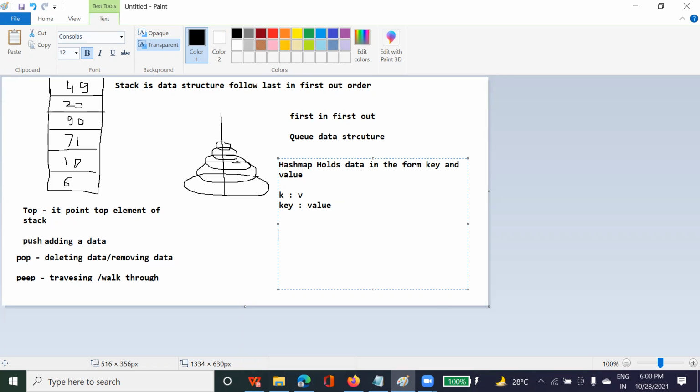For example, let's talk about roll number 101, suppose Mamata, and 102 is suppose Rachna, and 103 suppose Chandan. You all are in the same class, and this is your roll number.